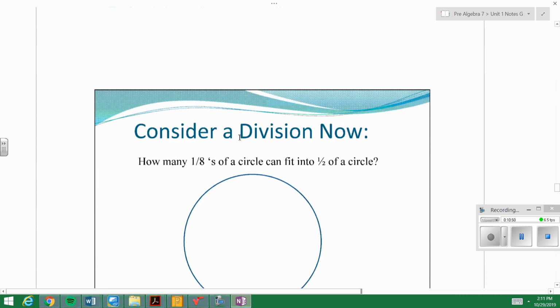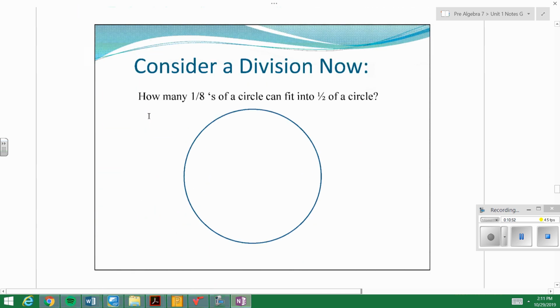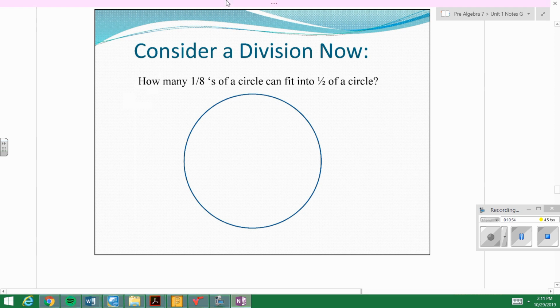But let's consider division. And the question that's prompting us here in our visual aspect is how many eighths of a circle can fit into 1/2 of a circle? Okay, so essentially what this is asking is what is 1/2 divided by 1/8? That's what division is saying, right? For the same reason as saying, okay,